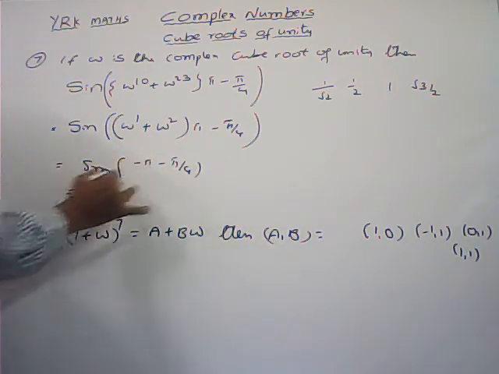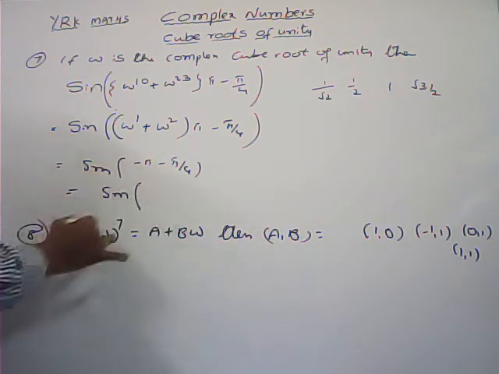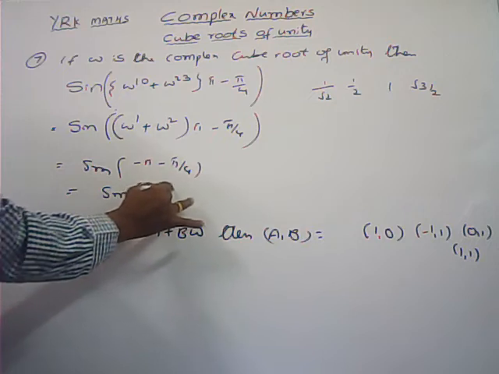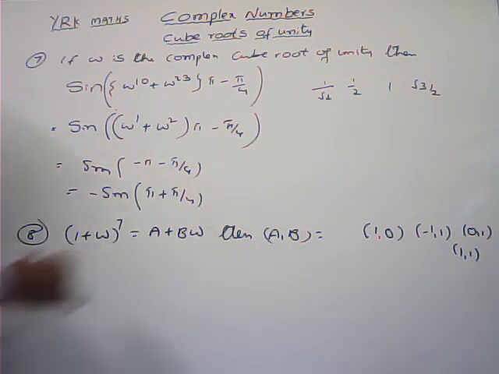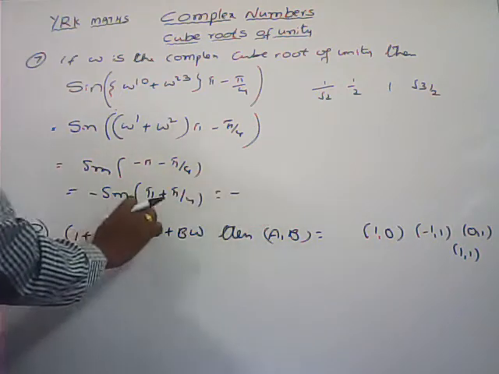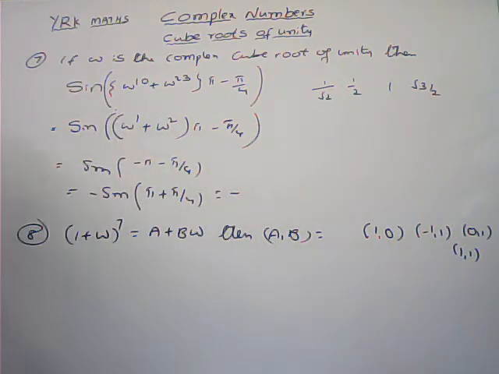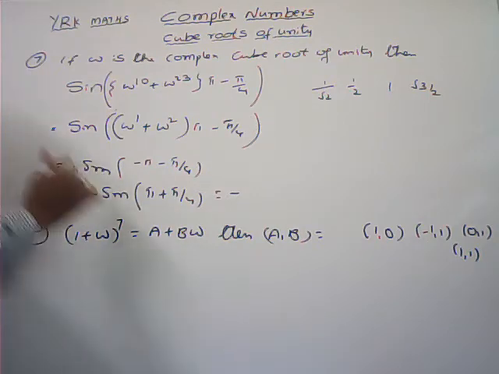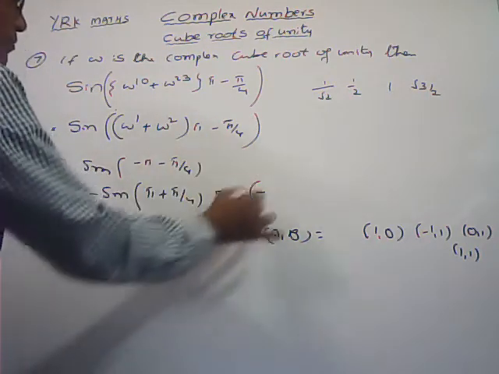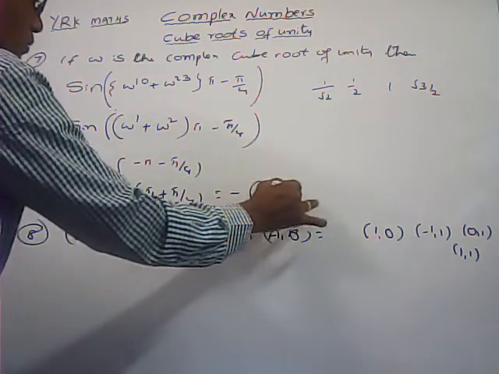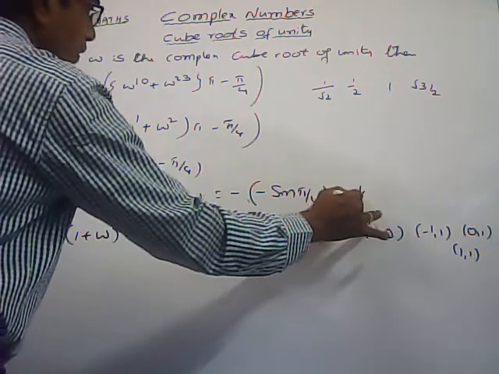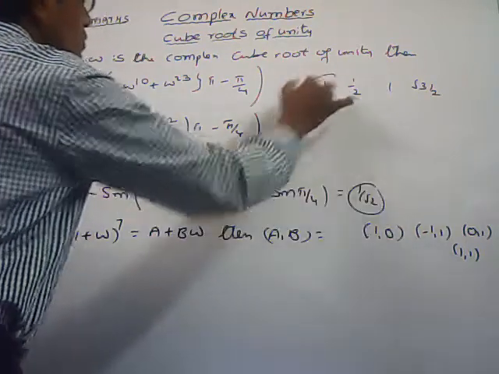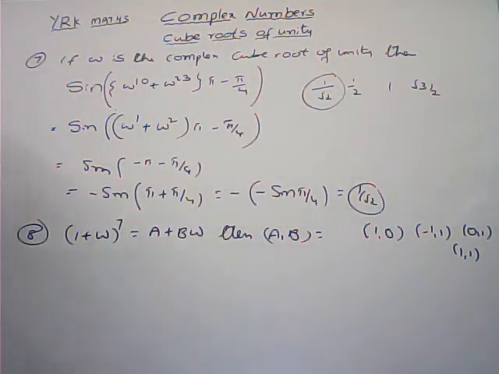From these two terms I am taking a minus as common, sine of minus theta, that is minus sine theta, and again sine of 180 plus theta, 180 plus theta belongs to the third quadrant. In the third quadrant only tan and cot are positive, here sine is there, so here we can get minus. There is no change in the function, sine pi by 4, minus into minus plus, sine 45, that is 1 by root 2. So the first option is the correct one.